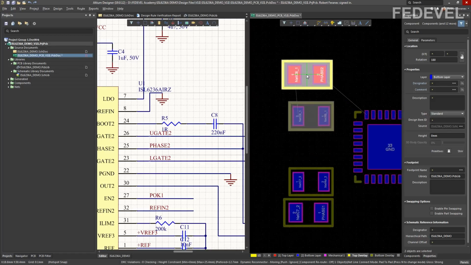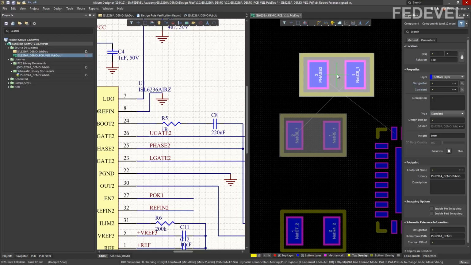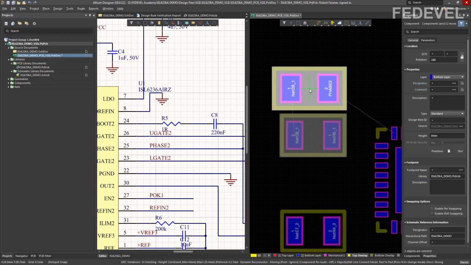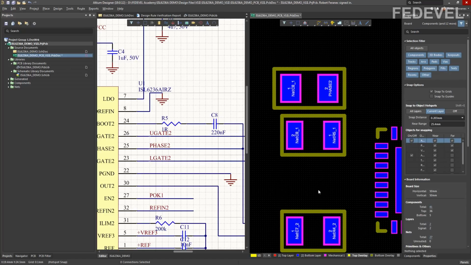We are going to place the capacitor, press L, move it on the bottom side of our PCB. Watch the connections. We would like to rotate this capacitor, press spacebar, and place it maybe like this, left click. Left click into empty space to unselect everything.